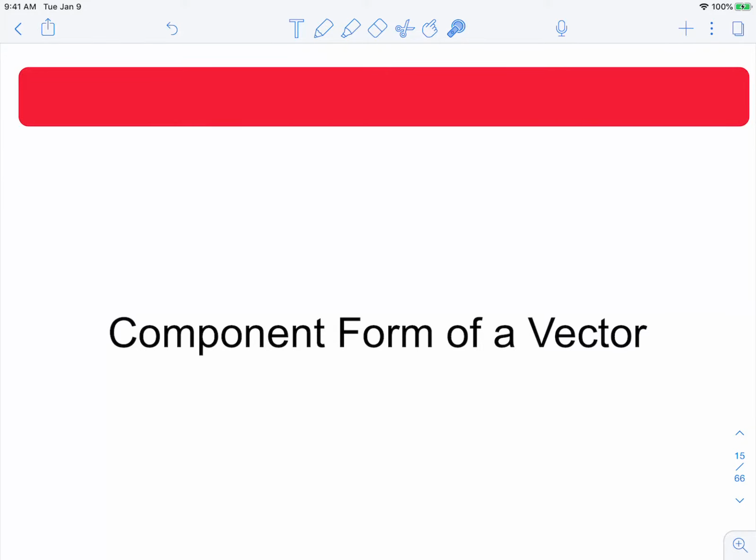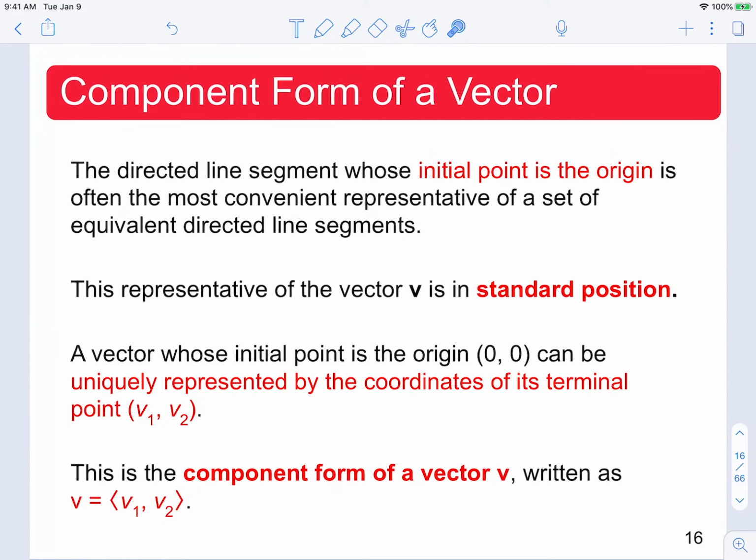Component form of a vector. The directed line segment whose initial point is the origin is often the most convenient representative of a set of equivalent directed line segments. This representative of the vector v is in standard position. A vector whose initial point is the origin (0, 0) can be uniquely represented by the coordinates of its terminal point,